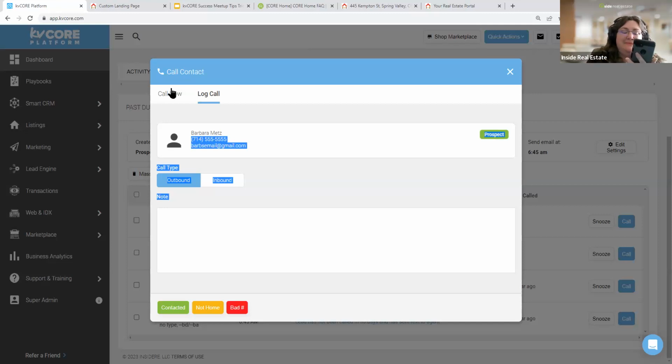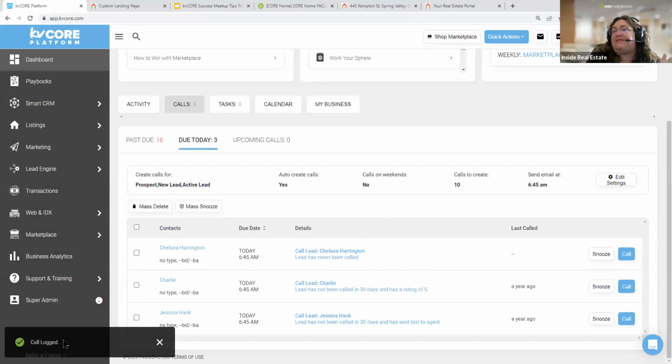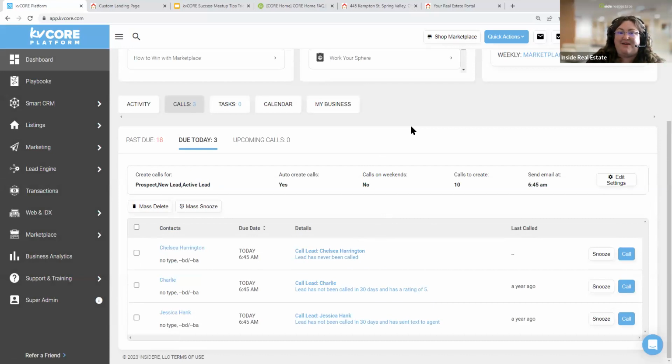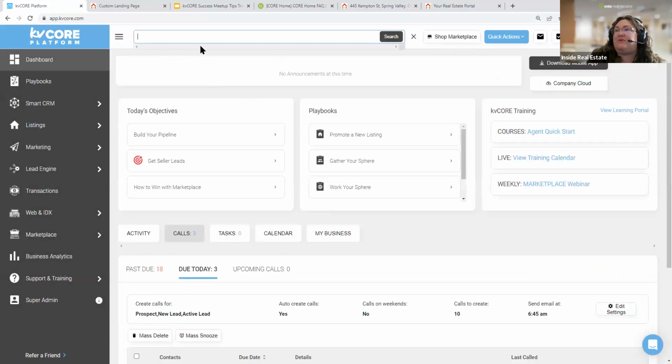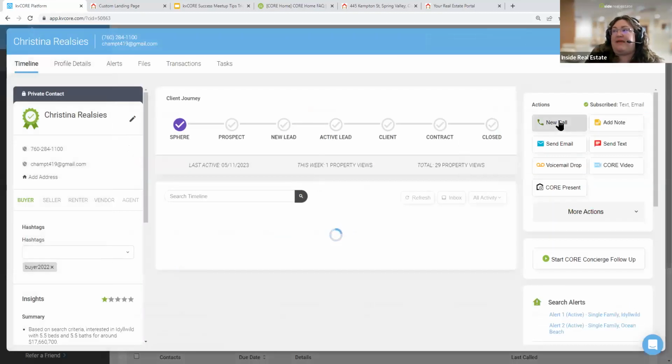And that's because this is a 555 number. This is not a real number. So I would now say, okay, that was a bad number. And now it's logged in here that 5555555 is a bad number. But if I called someone and it connected, right? So if we went to like Christina Realsies, whom we've been texting today, and I make a call from here,